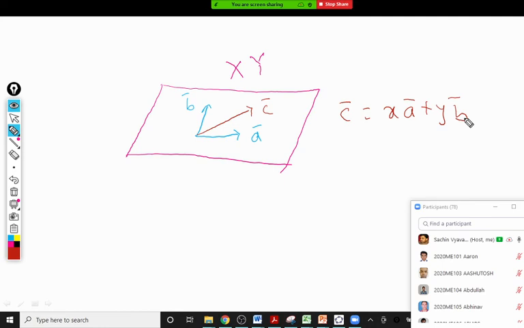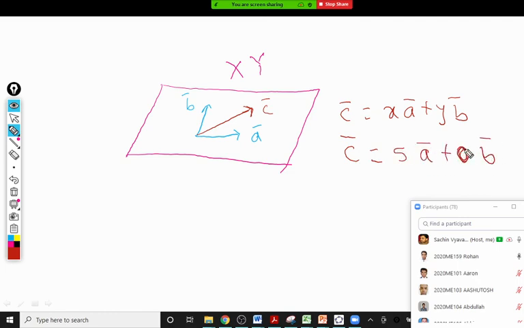Yes, sir. So this is the property of the 12th standard. Sir, could C be in the direction of A bar or B bar? Pardon? Yes, it can be, because we said C bar is any vector. It can be along A bar only also. If it is along A bar, what will happen? You get C bar equal to, suppose, 5 A bar plus 0 B bar.